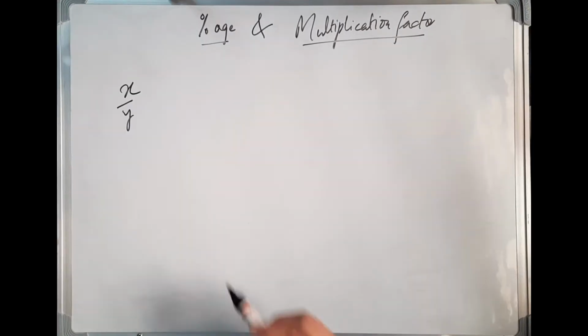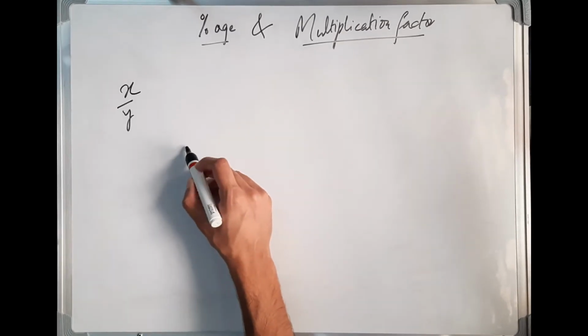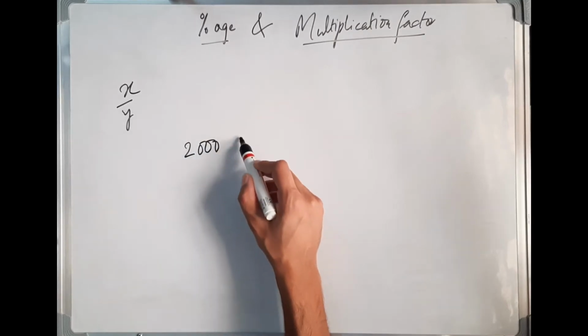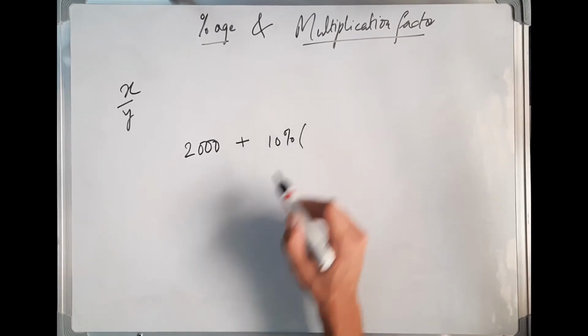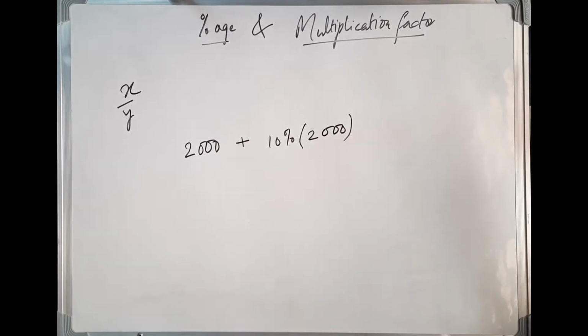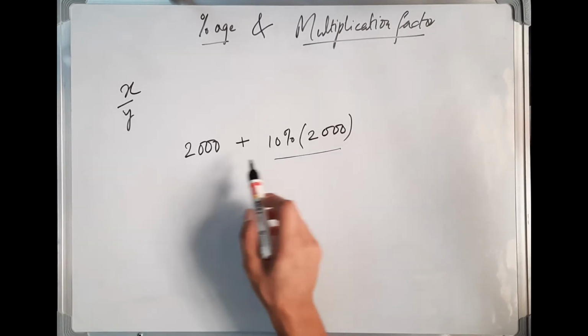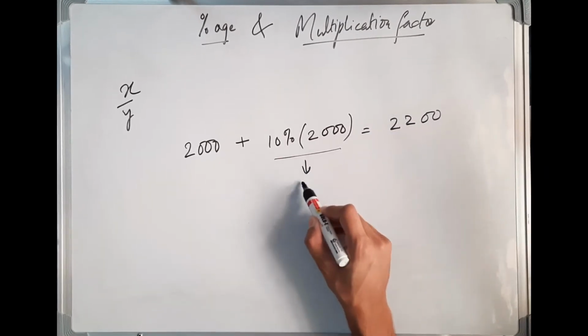The multiplication factor is a number in this form and we have to find it in every question. When we multiply this factor with the given numbers, we can reach the solution quickly. So if I have 2000 rupees and I increase 10% in it, I'll have to find 10% of 2000, then add it to 2000. So there are two processes involved. First, finding the 10% of 2000, then adding this result to 2000 gives me 2200, as this is equal to 200.